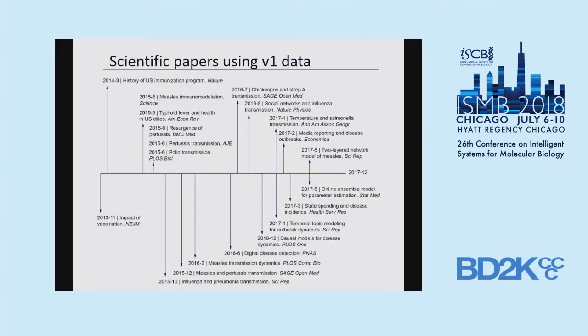Here you can see an example of the scientific papers that came out by other groups than ours. Here is our first release of the database in 2013. And you can see very quickly Nature did an infographic. And then in 2015, the first set of 5 or so peer-reviewed papers came out by some colleagues of ours that had used our data. And then trickling through the entire time series, new papers have been coming out.